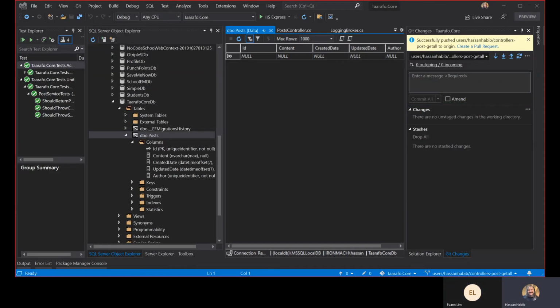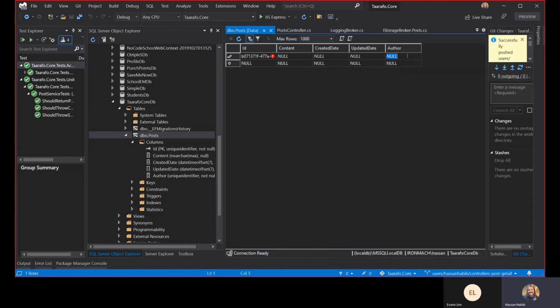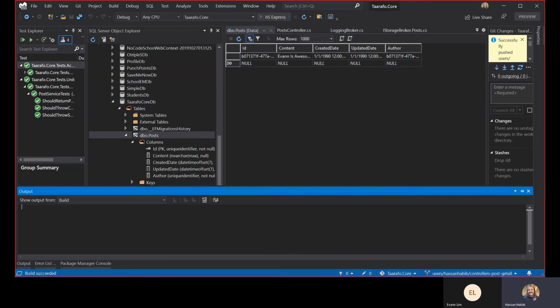There we go. This is my GUID generator here, and then here's a GUID, and I'm gonna slap that guy in there. Probably because we don't have any integration with the author yet, it doesn't matter. I'm gonna say Evan is awesome. Create date 1/1/1990. Doesn't matter, any date really, right? And here we go. So now if I run this guy, I should be able to have a nice screenshot